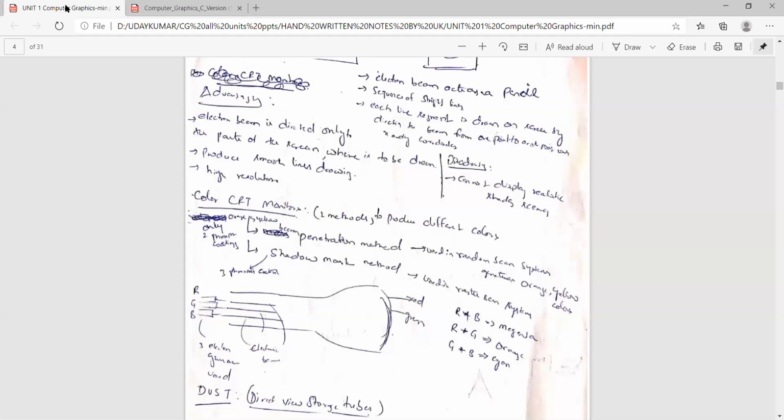Similarly, for black and white, black indicates 0 and white indicates 1. The fractional values of 0 indicate different shades of black, and the fractional values of 1 indicate different shades of white. Similarly, for R there is one color value, for G one color value, and for blue one color value. There are 256 shades of red based on the fractional values of the R color value, 256 shades of green, and 256 shades of blue.